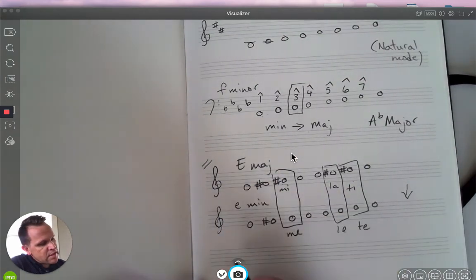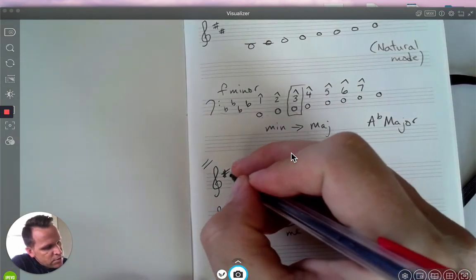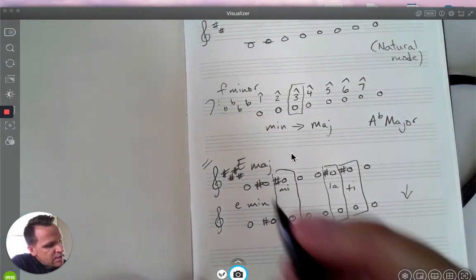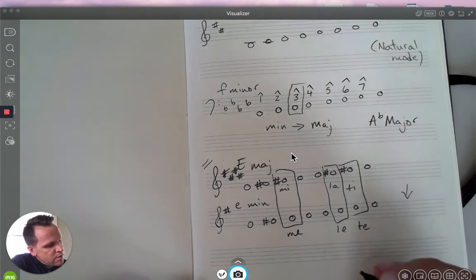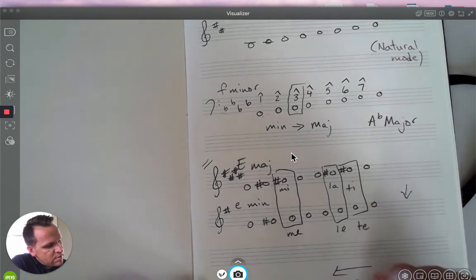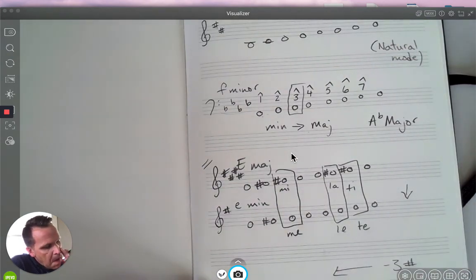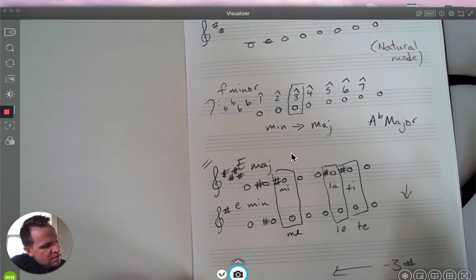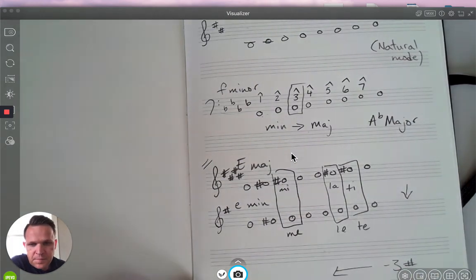Now, as far as the key signature goes, we have 4 sharps in our major key, and in our parallel we just have 1. Or in other words, you've taken away 3 sharps. Or if it's a flat key, you would add 3 flats, because again, you are lowering 3 pitches, so those need to be lowered.